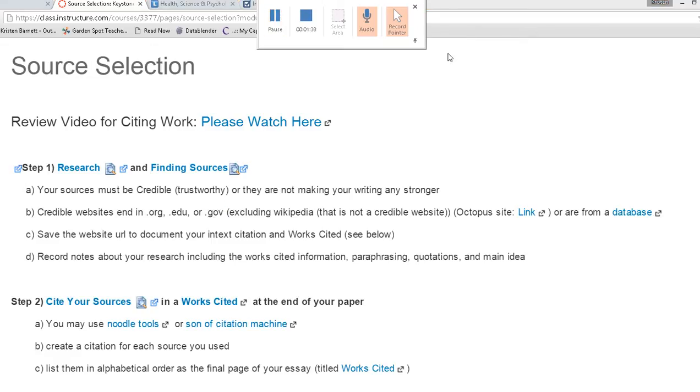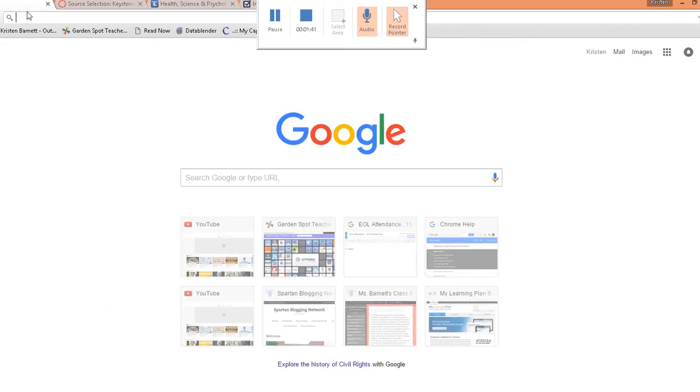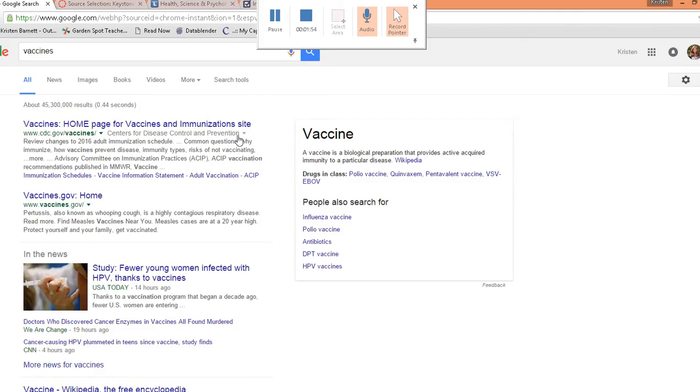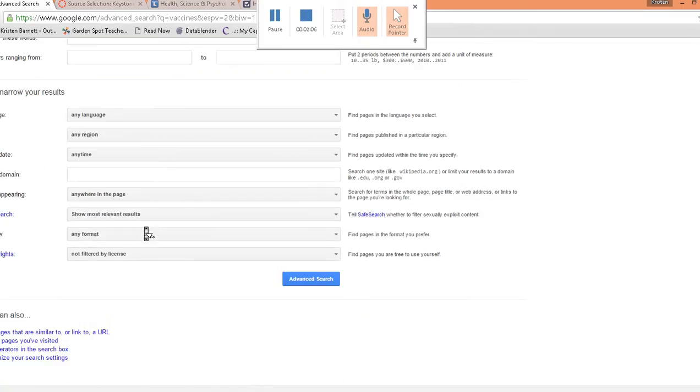Alright, so let's practice looking up some sources. Before I even search anything, I'm going to change the settings in Google to get more specific types of websites. So you have to search whatever, but then this account settings option wheel pops up. So go to advanced search, and then under site or domain over here, you can type in... I don't think you can do all three.